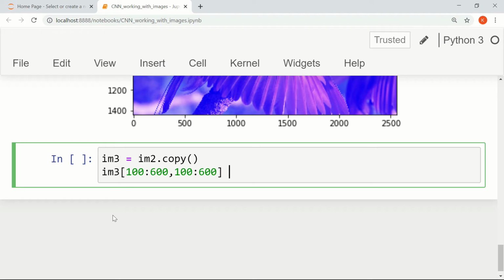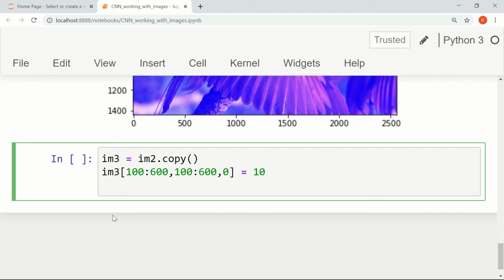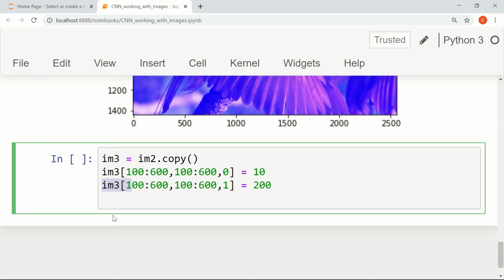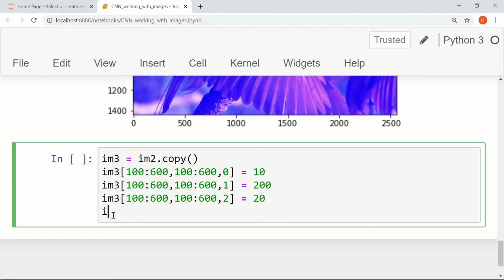And in this particular position, in the red channel, we make the red channel pretty small. And for the same bounding box or rectangle, or in this particular case it's a square, let's make the green channel a bit higher. Let's say this one. And for the same rectangle, let's make the blue channel also a little bit smaller. So let's see. Let's say 20. And then let's display the image,